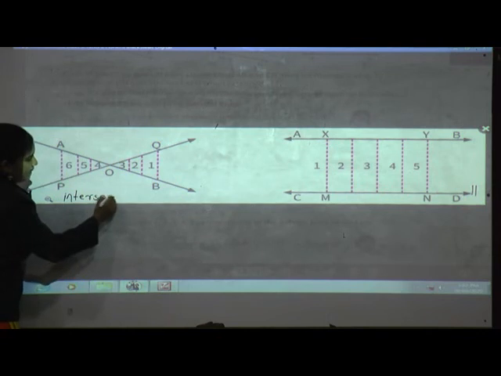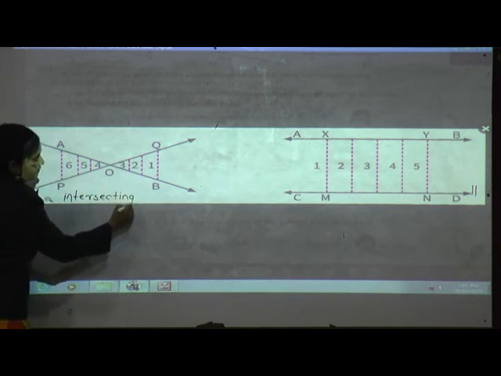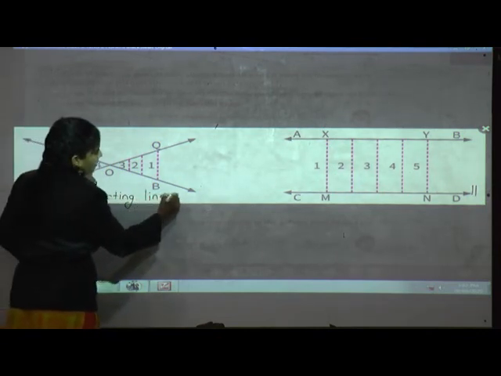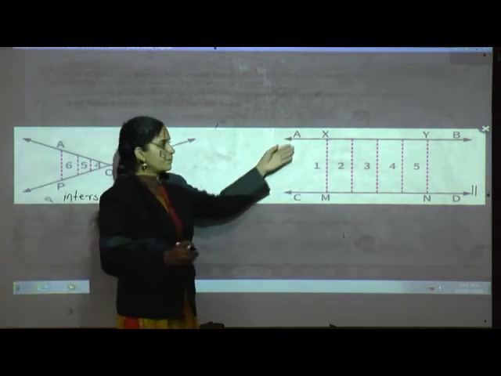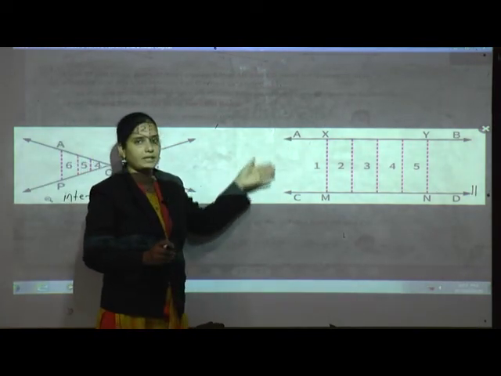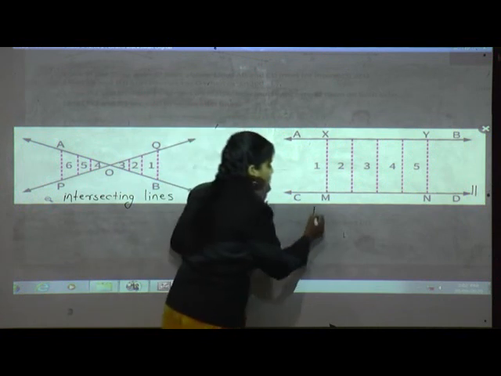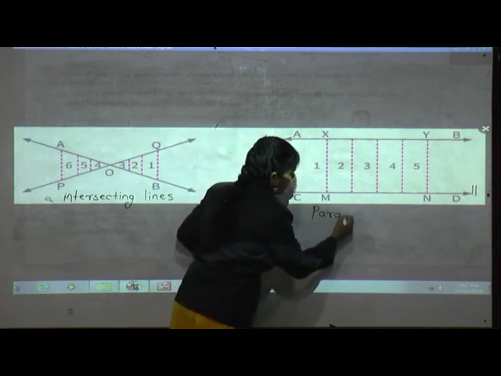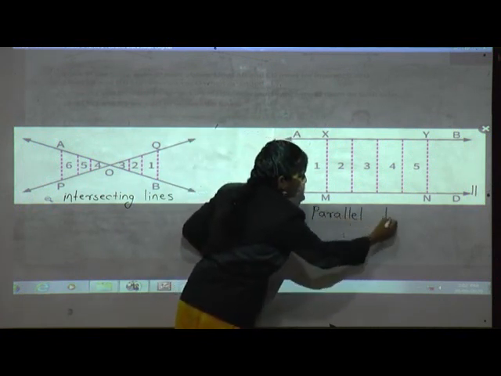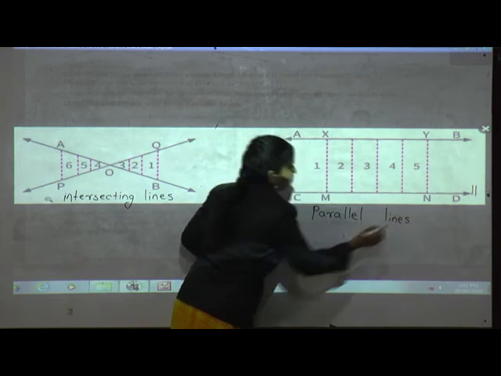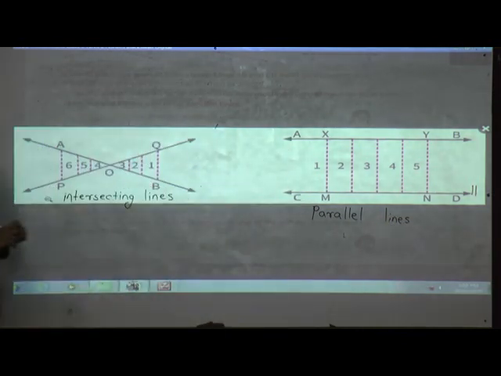And here, are they intersecting? No, they are parallel lines. So students, just measure the distance